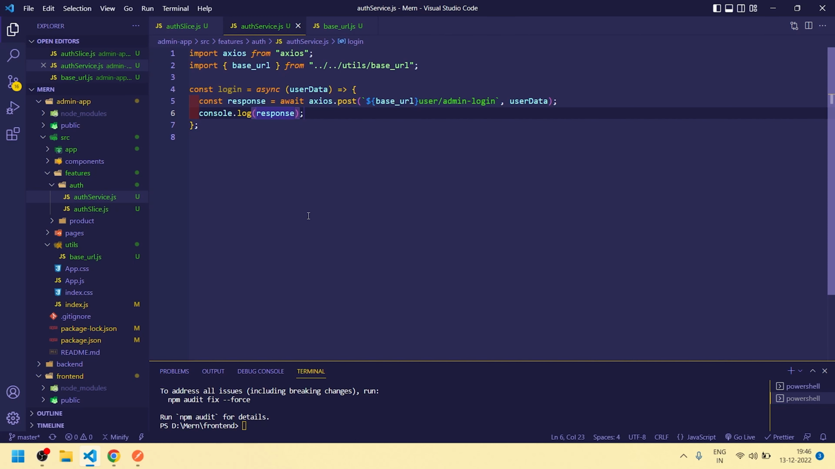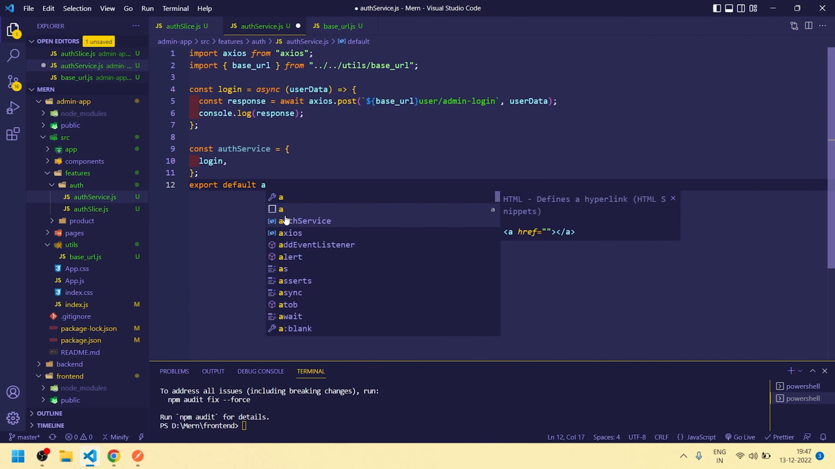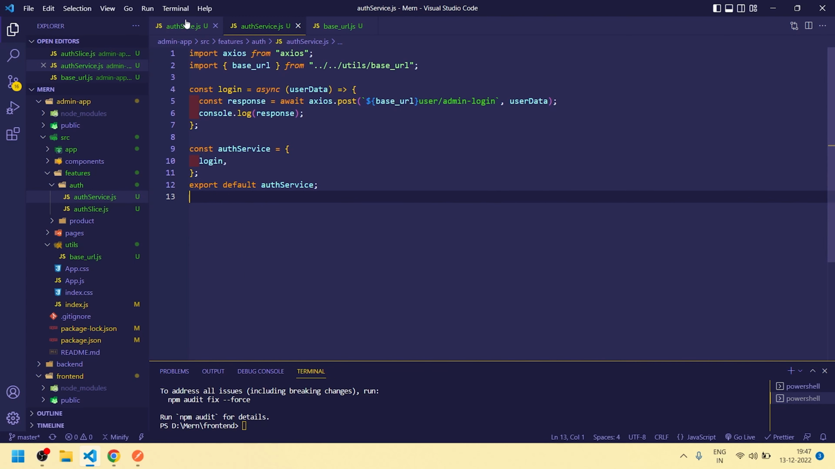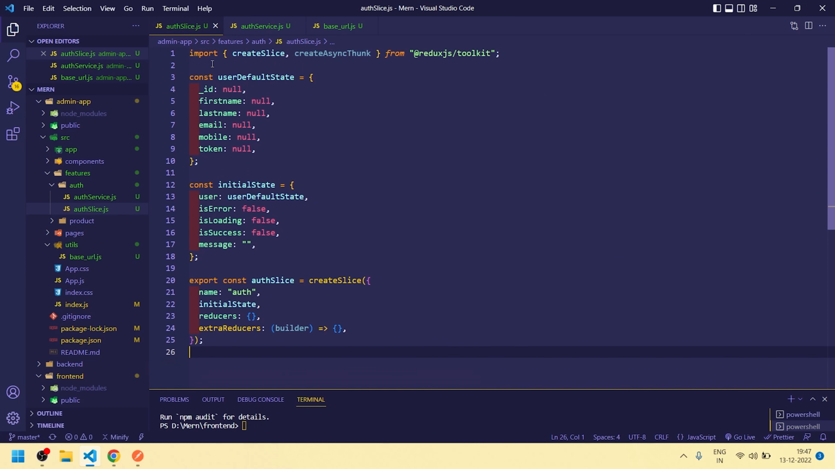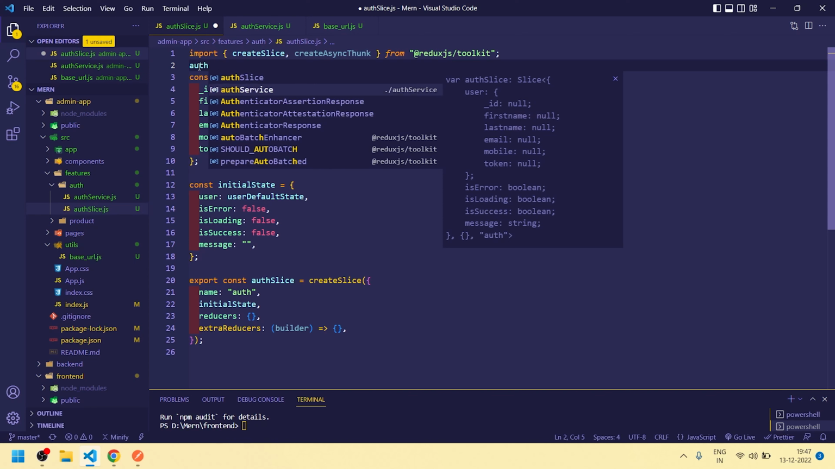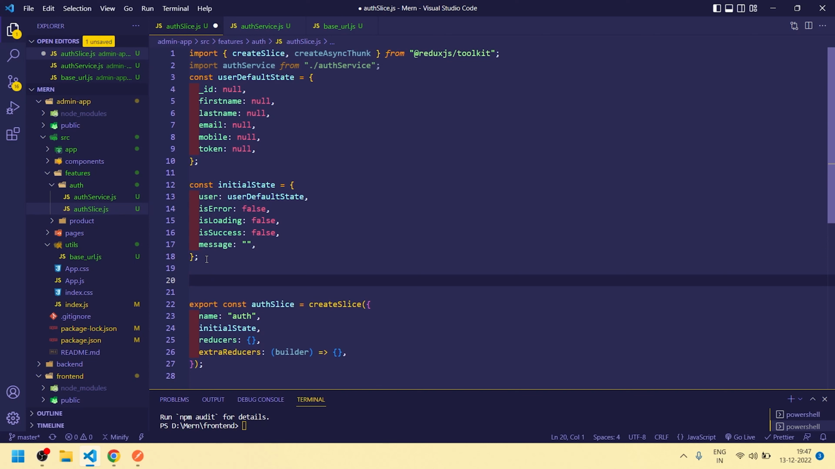So after that, in last, what you need to do is const authService is equal to create object. So we have created login. Okay, and export default authService. Okay, so now come to authSlice. Okay, so authService, Control X. So after that come here and let's create our first